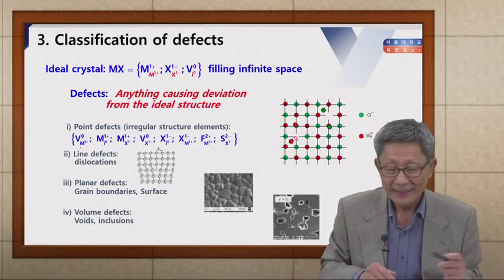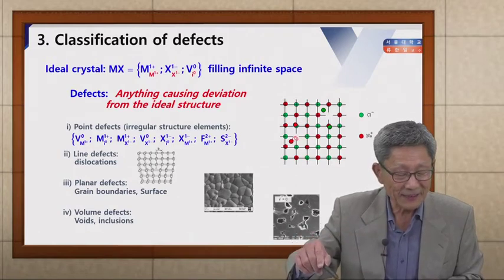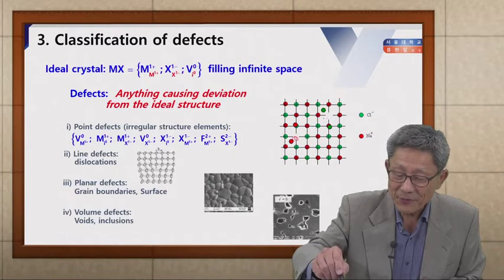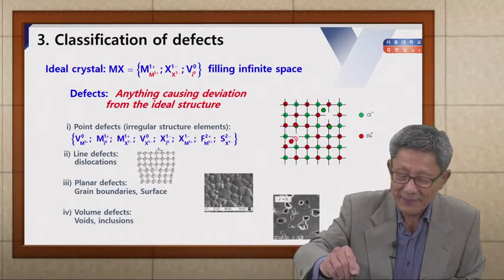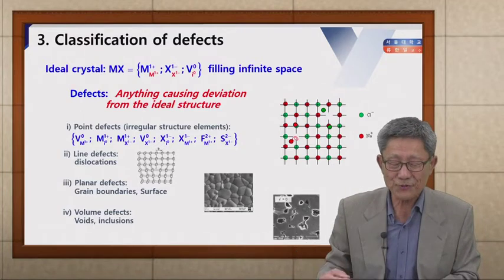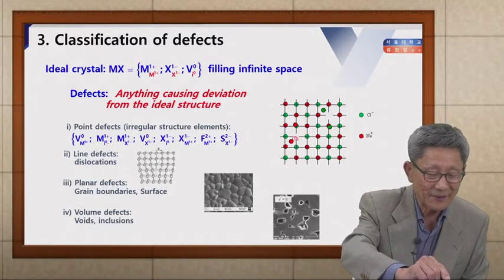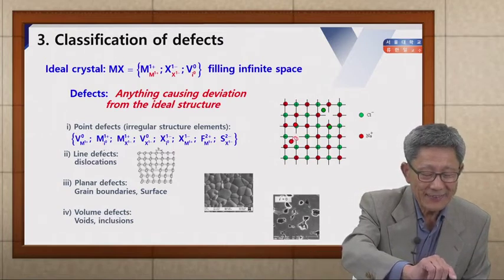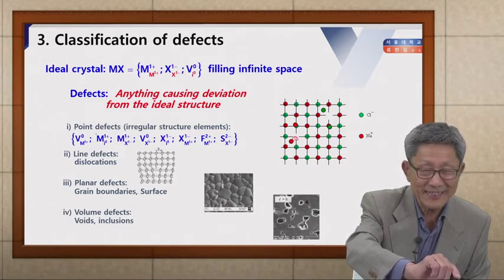Another kind of defect can be easily sorted out. Look at this. Now we used to have the cation here, and it may be placed on the interstitial site. For the ideal crystal, the interstitial site should have no charge, 0. But now a monovalent cation is sitting on the interstitial site. So this is called the interstitial defect.